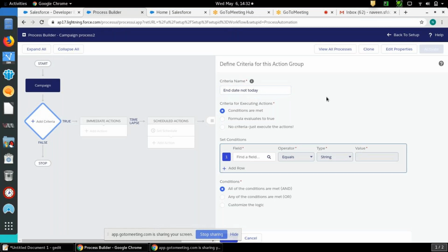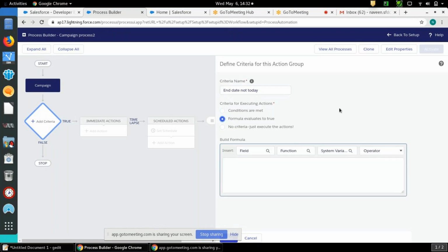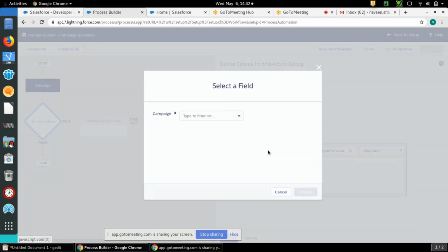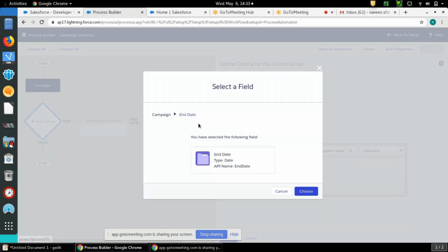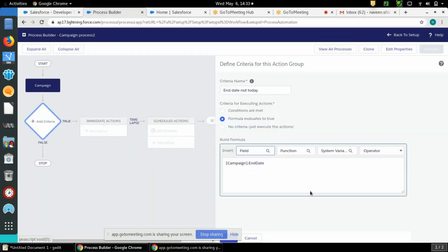Okay. Earlier, in workflows and process approval, we selected options like conditions are met. Now we will see options like formula evaluates to true. You need to select the field, which is end date, right? So click on it, type end date, it will come here. Just click on choose, and end date is not equal to today.